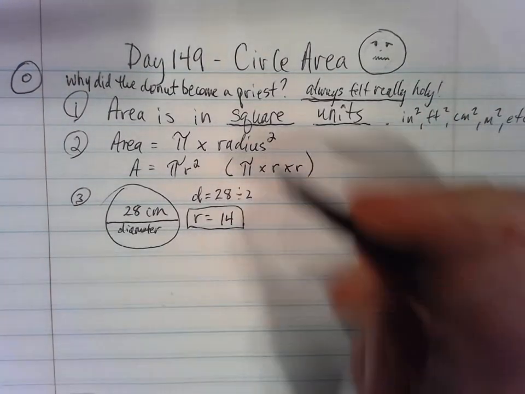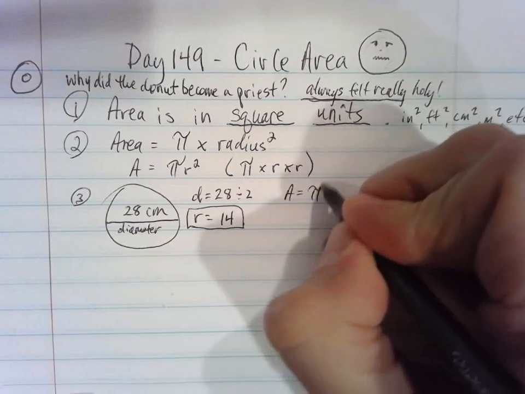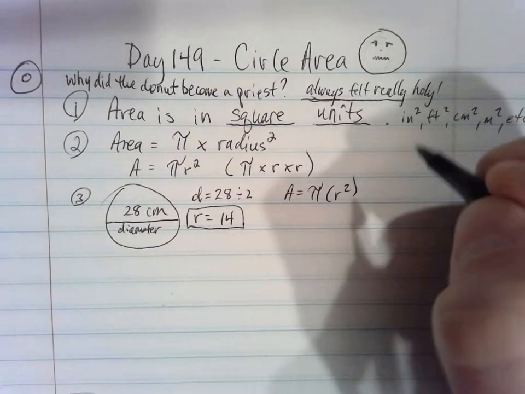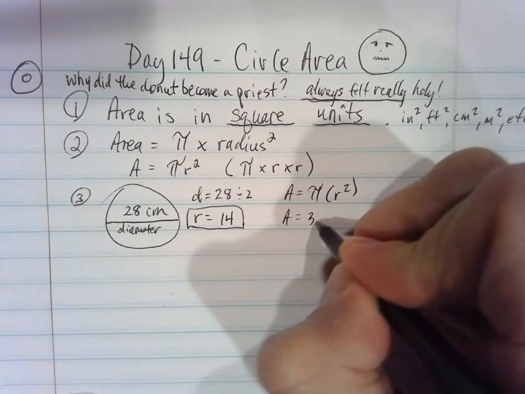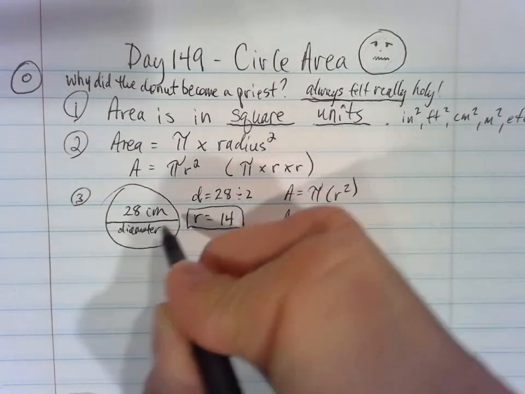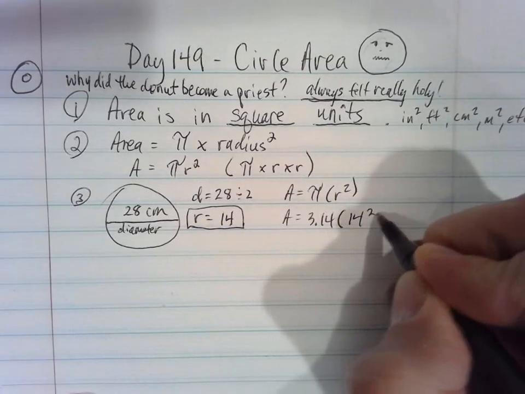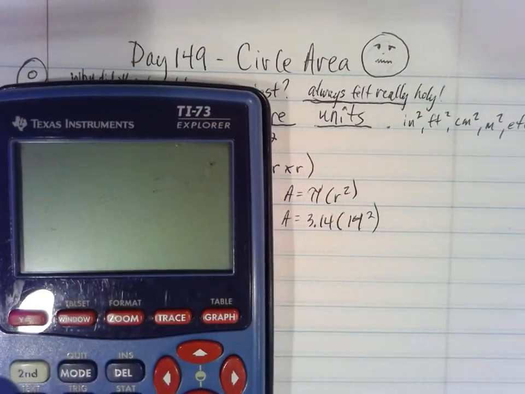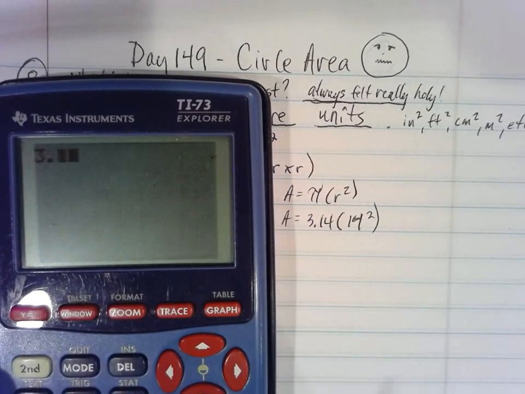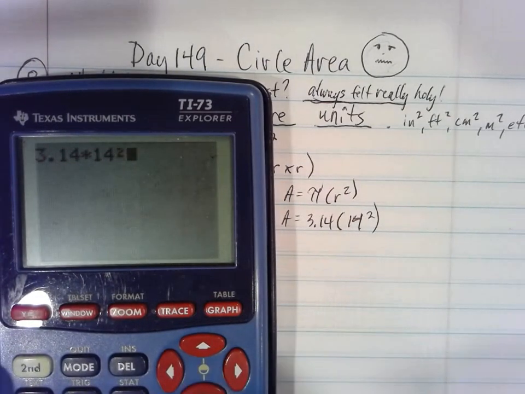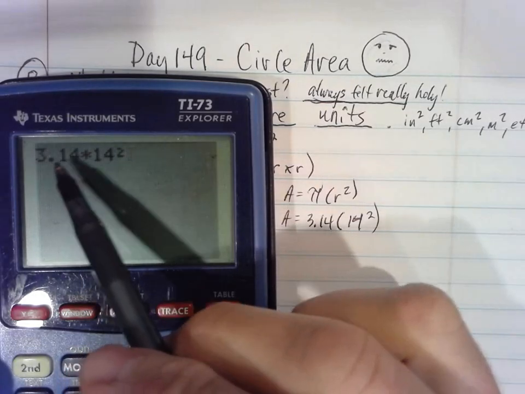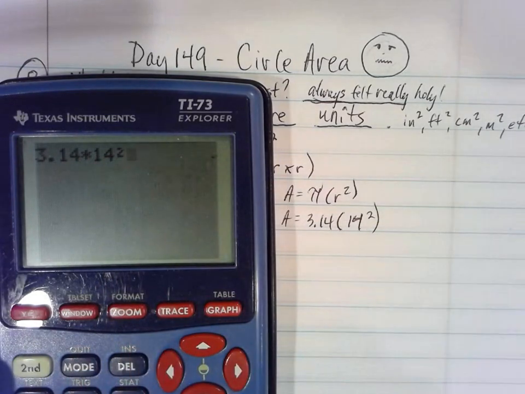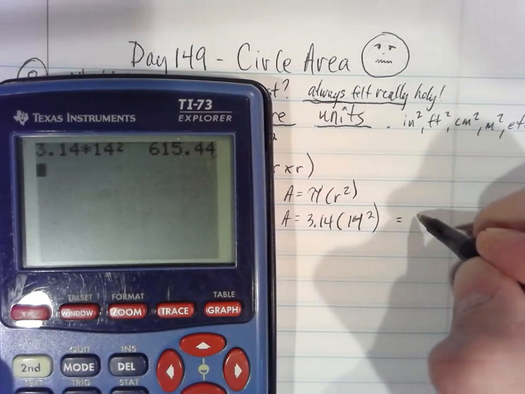The formula again is pi times radius squared. So we're doing 3.14 times the radius, which is half of 28, 14 squared. We'll bring in the old trusty blue here. Let's see what we got. So 3.14 for pi times 14, and I've got my squared button up here, so I'm going to use that. So 3.14 times 14 squared. Again, if you don't have a squared button, just do 3.14 times 14 times 14, same thing. And we get an area of